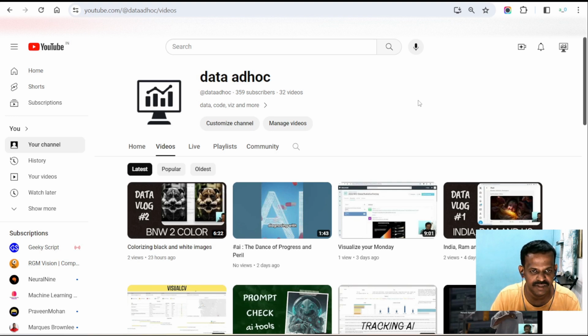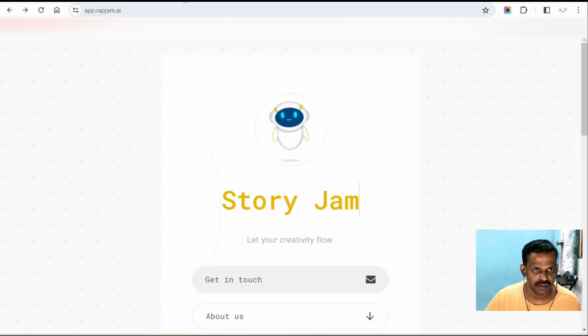From today, I will start to give a hands-on of one AI tool every time. To start with that, I have chosen Rapjam AI. In this, they have a bunch of AI tools. The actual website is